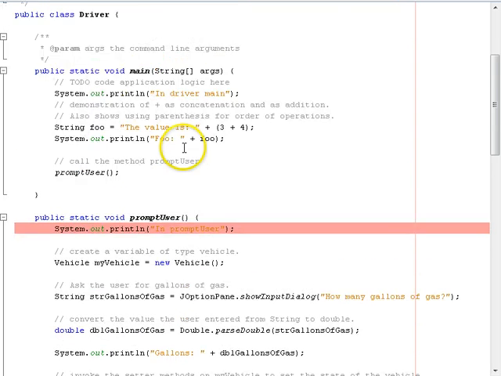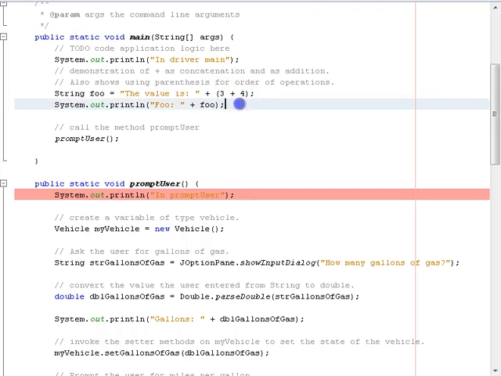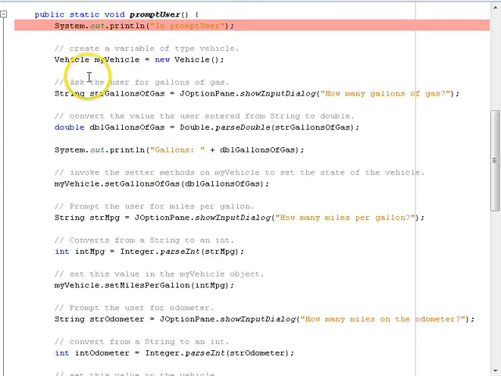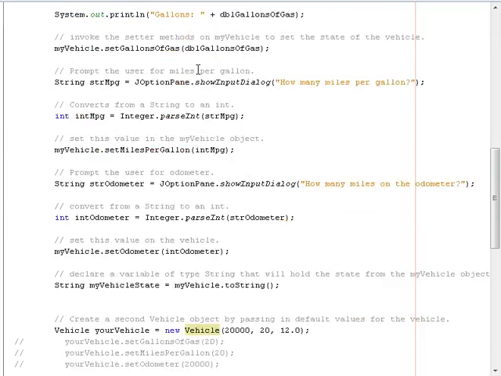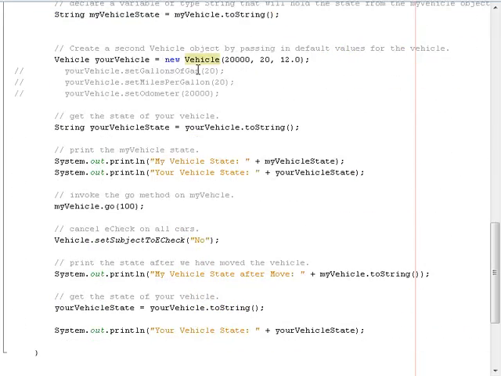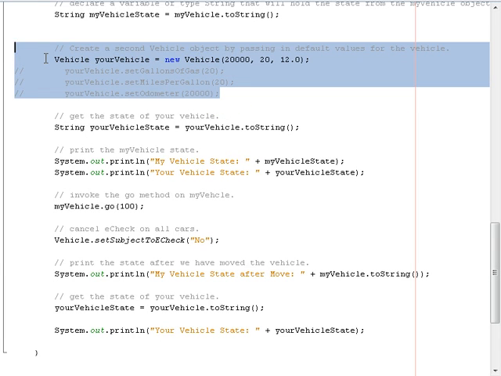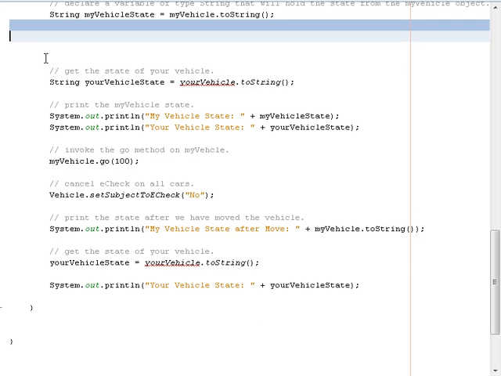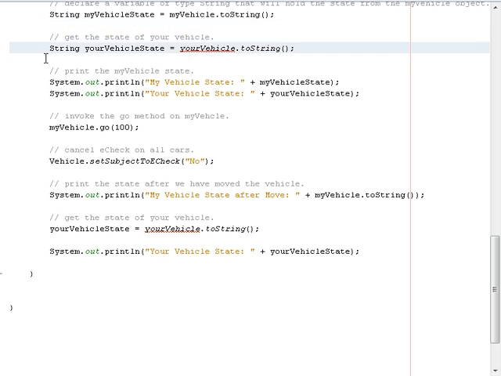Okay, first of all, in driver, we know well, this is just stuff we did before, so we can remove that honestly. We go to prompt user, and then inside of prompt user, we're creating a vehicle. I'm going to clean a couple things up. We no longer need this your vehicle because we're going to find a different way to make more than one vehicle. So I'm going to go through and clean up this class, make it a bit tidier